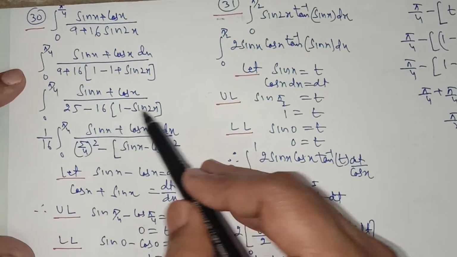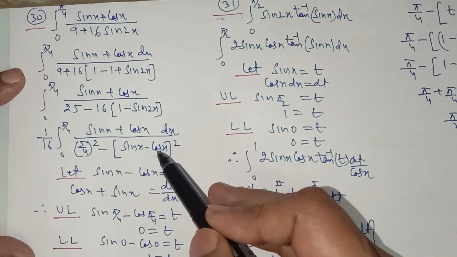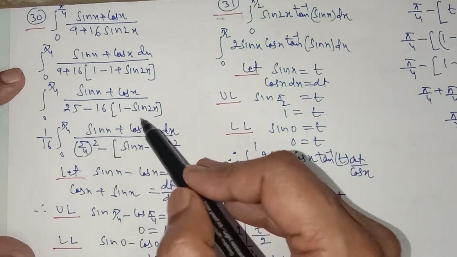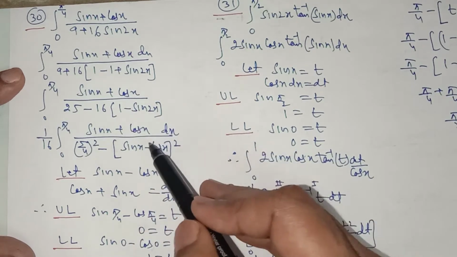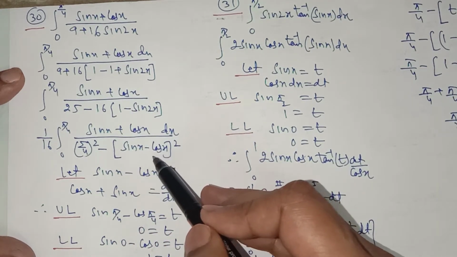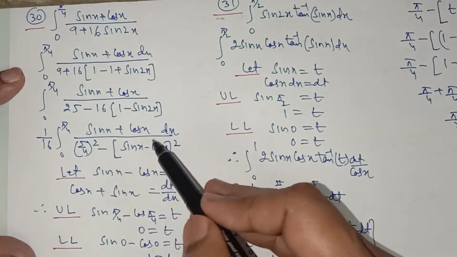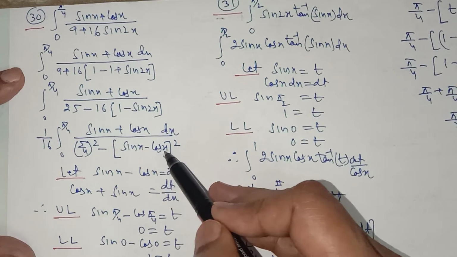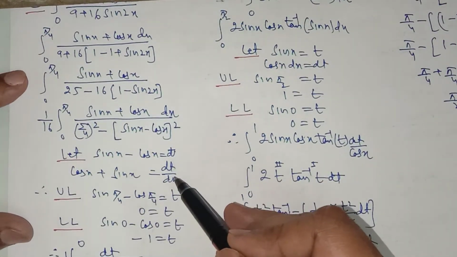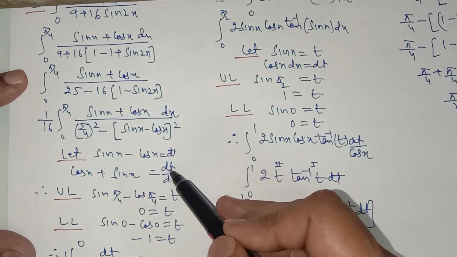A simple arrangement is there. For this 1 minus sin 2x, you can write (sin x minus cos x) whole square. When you let this equal to t and replace the value of dx, this will be cancelled out. That is why I have made this for 1 minus sin 2x. 1 minus sin 2x is (sin x minus cos x) whole square, because if you find the whole square, a square plus b square minus 2ab, you will get 1 minus sin 2x. So let sin x minus cos x be equal to t. This sin x plus cos x will be cancelled out. So dt upon dx, replace dx here, this numerator will be cancelled out.